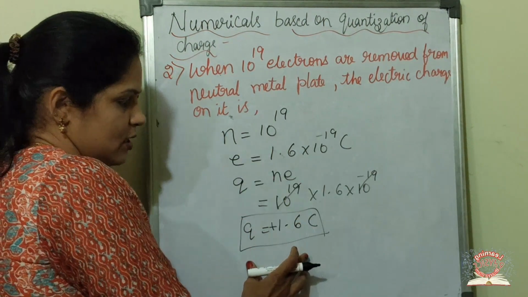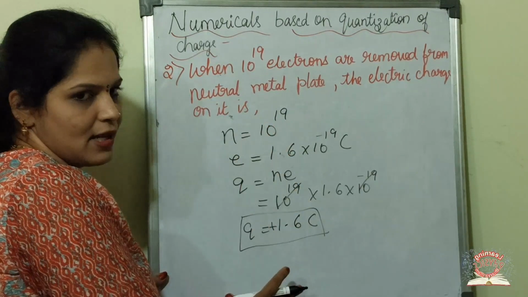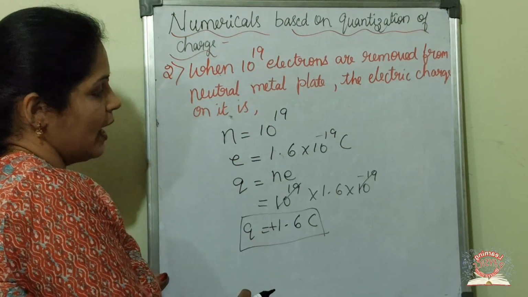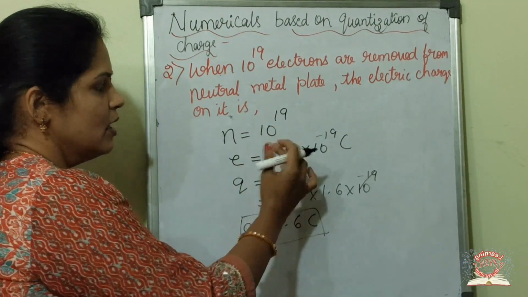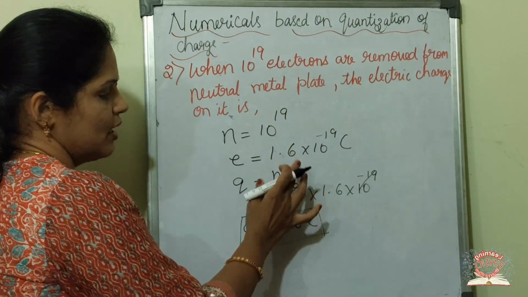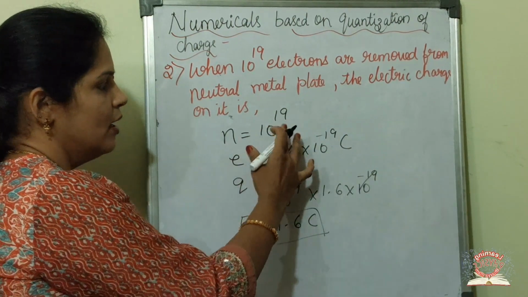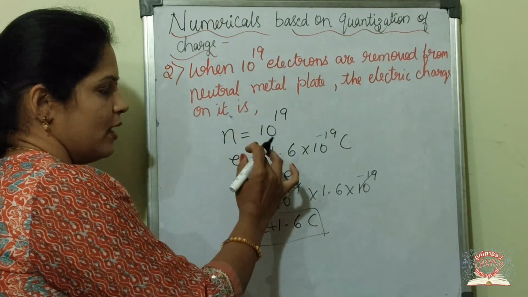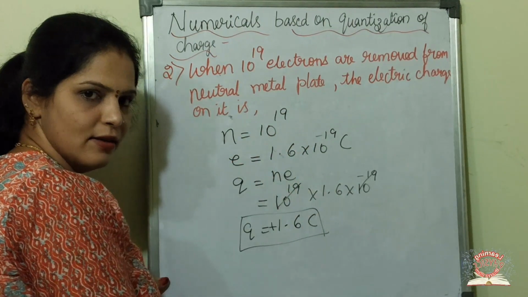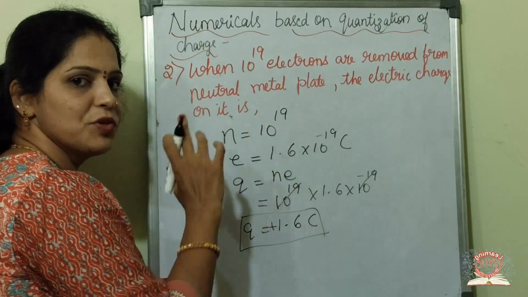So you need not solve like this. The steps are not required in MCQ as well as in competitive exams. If you write like this, it takes a lot of time, right? So you do all this calculation in your mind. It is very simple, right? If the power is 10 power 19 and this is minus 19, they get cancelled. So the number is 1.6. There will be 4 options: 0, plus 1.6, minus 1.6, or 10 to the power 19, like that. Plus 19 and minus 19 cancel and it is 1.6. But since 10 power 19 electrons are removed, the body becomes positive in charge.